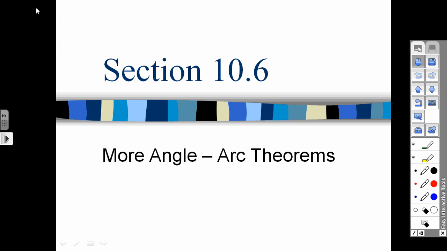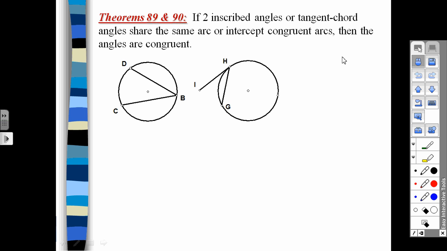All right, so section 10.6, we're dealing with more angle-arc theorems. Aren't you excited? More theorems to remember, more formulas dealing with arcs and angles. Actually, these ones aren't that bad. Theorems 89 and 90 pretty much relate your inscribed angle and your tangent chord angle, and saying that since they